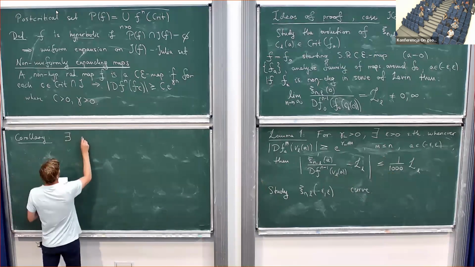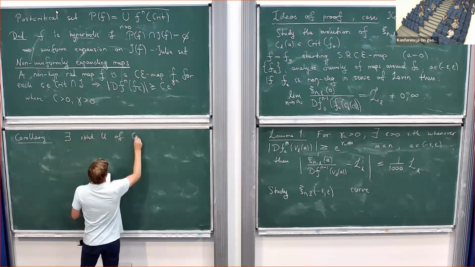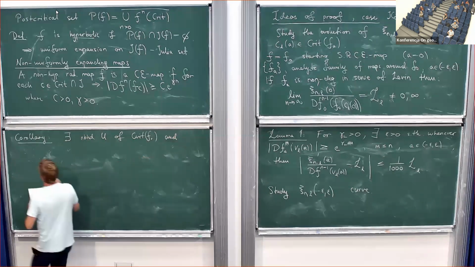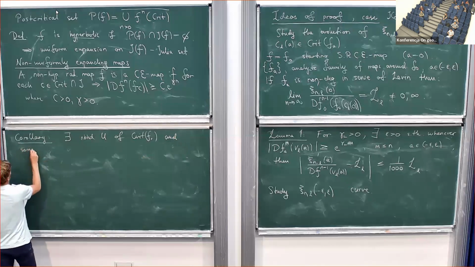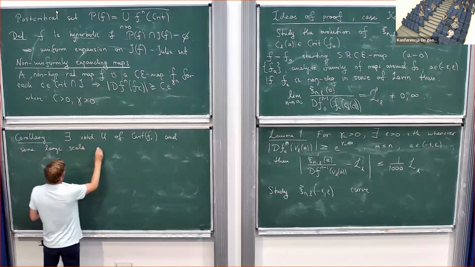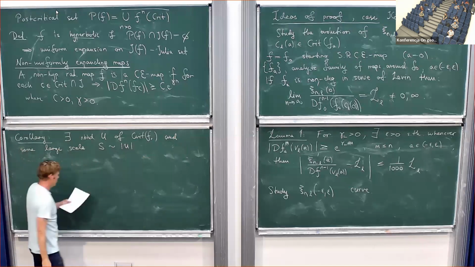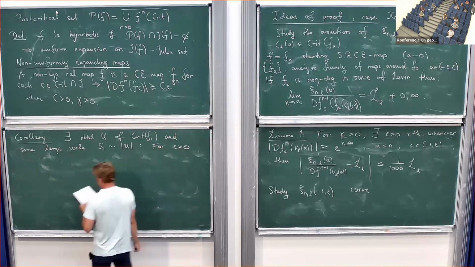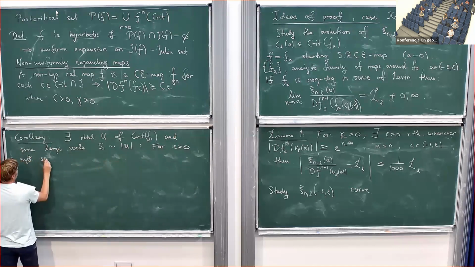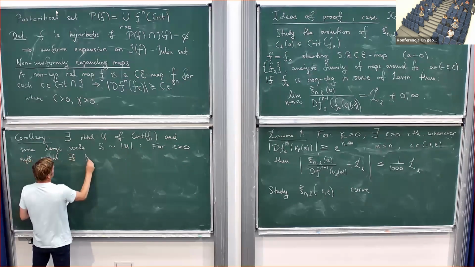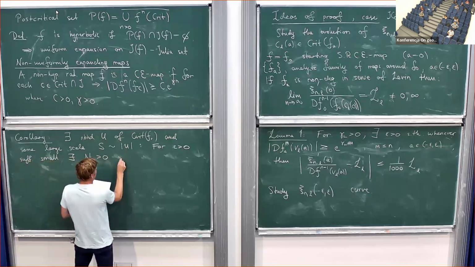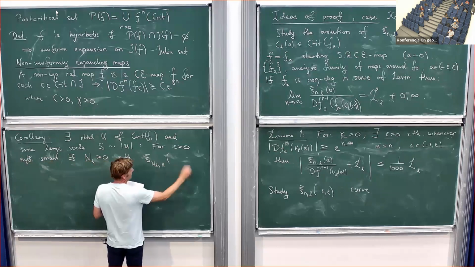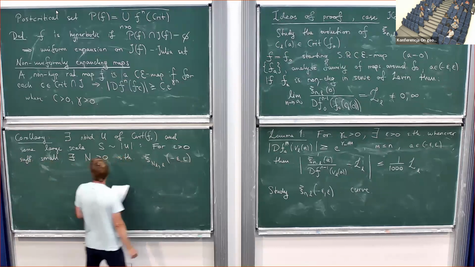There exists a neighborhood U of f0 and some large scale S. This is some large scale S, of the same order as the diameter of U, such that for epsilon sufficiently small, there exists some number n, small l, such that psi n l comma l of that big interval minus epsilon epsilon grows to